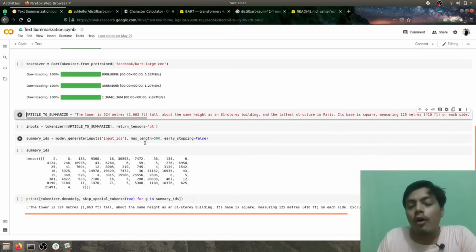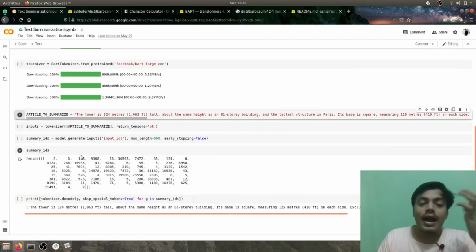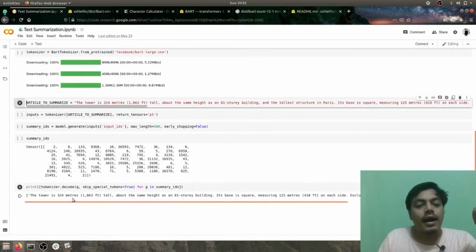The model will generate summary IDs. You can see that these summary IDs are nothing but the numeric representation of different kinds of words. Once you have the summary IDs in place, we need to decode them back. So I'll be using my tokenizer to decode them, and each single summary ID is decoded back to its original text form here.